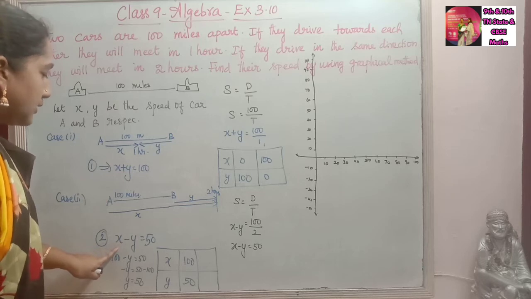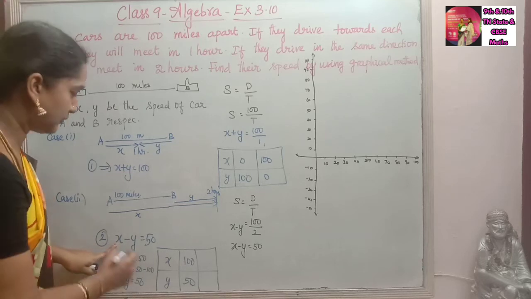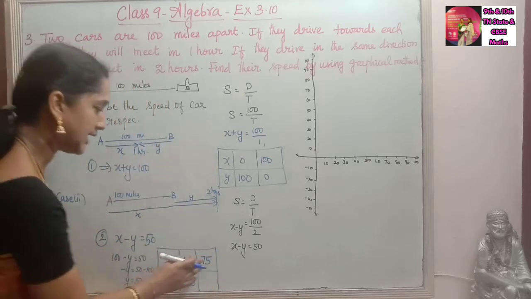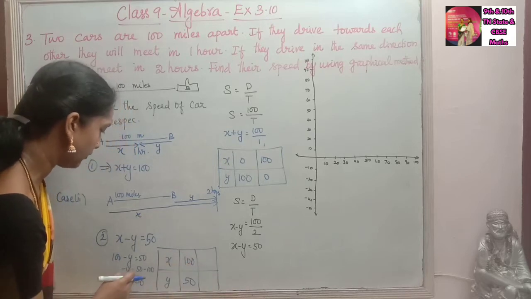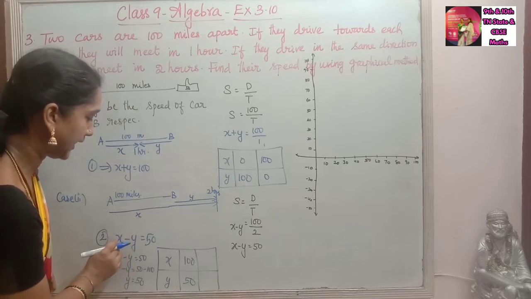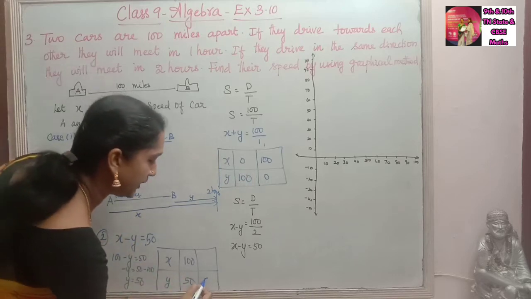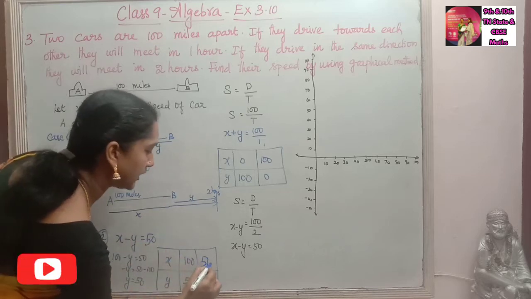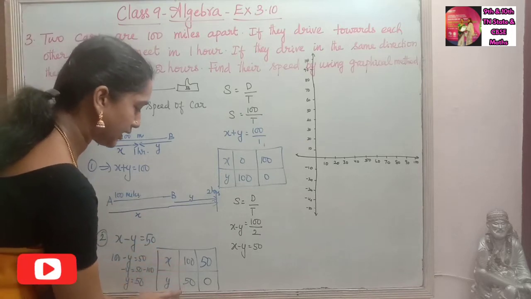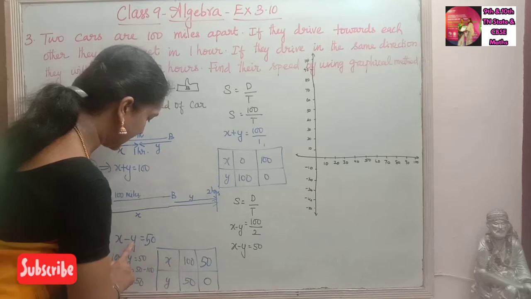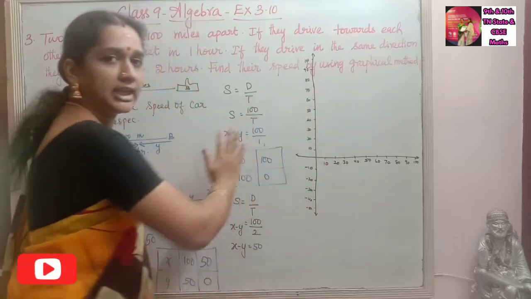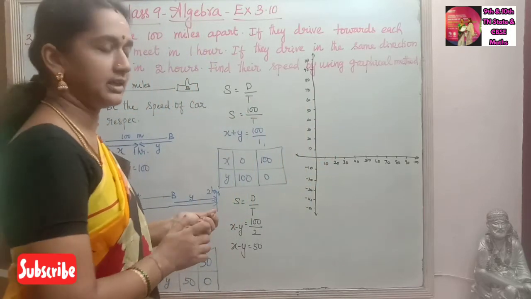So Y is 50 when I am taking X as 100. Okay. The same thing, if I take X as 75, or else we'll take 0 itself. If we take Y as 0, X will be 50. Stop with this. So if we are taking X as 100, Y is 50. If we substitute 0 for Y here, X value is 50. So now we will plot the given two sets of points in the graph sheet.